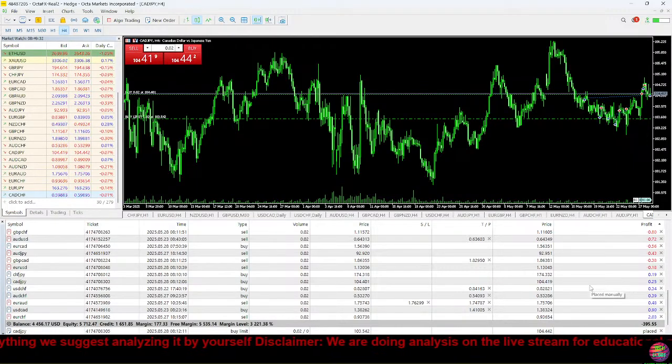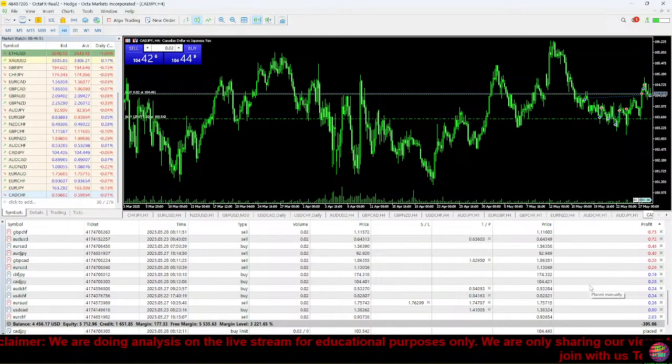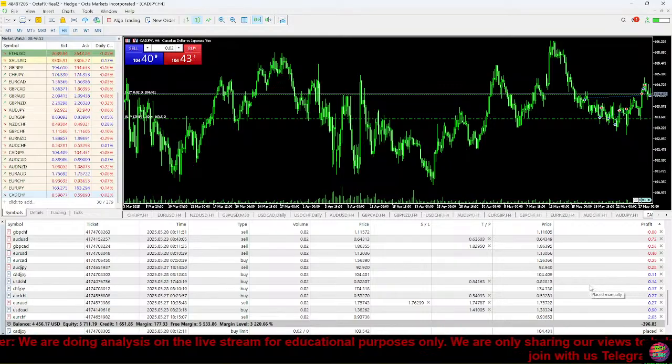This is how it is measured. Again, I'm going to get into more details on how you use this tool and how you use risk to reward later down the road. So don't worry. For now, I'm just going to go straight to the point so you can see how you actually calculate the risk and how this platform works. So this right here is going to be a total of a 40 pip stop loss. What is a pip? Again, I'm going to explain this later in the video. It's literally the next subject coming right after this.